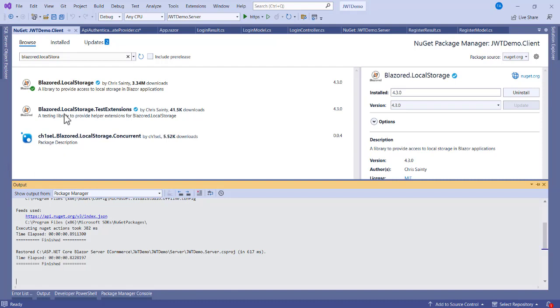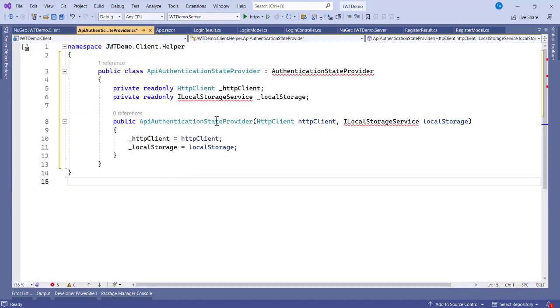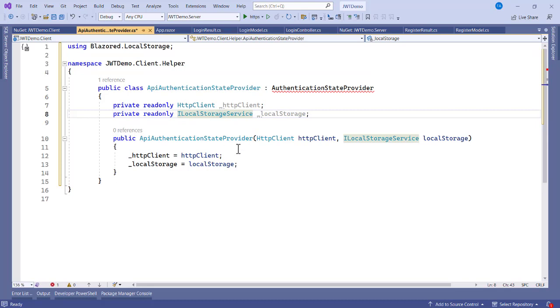So let's go to authentication state provider, Ctrl+. Now let's inject using Blazored local storage. So we have it set here, and now we initialize them over here with the HTTP client as well. So you can see we have the constructor, we inject them, then we initialize them here. Okay,